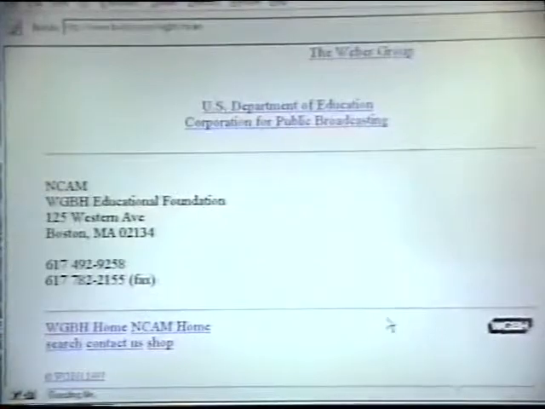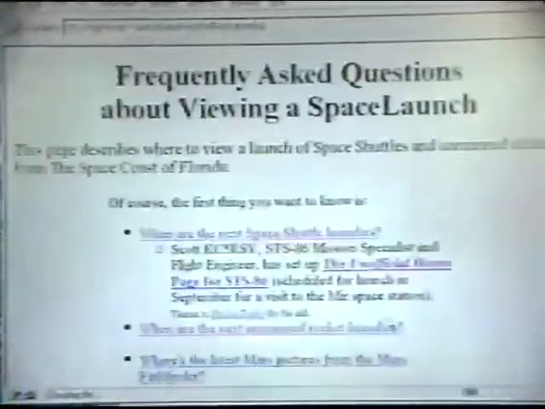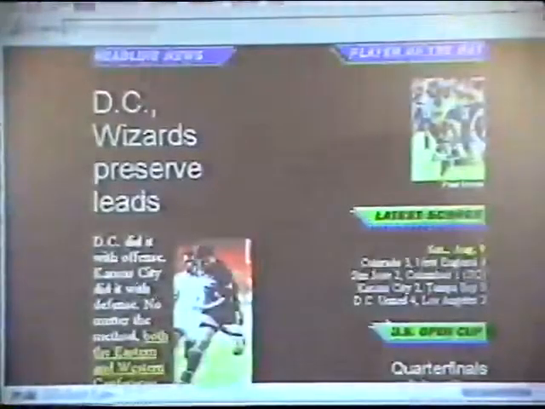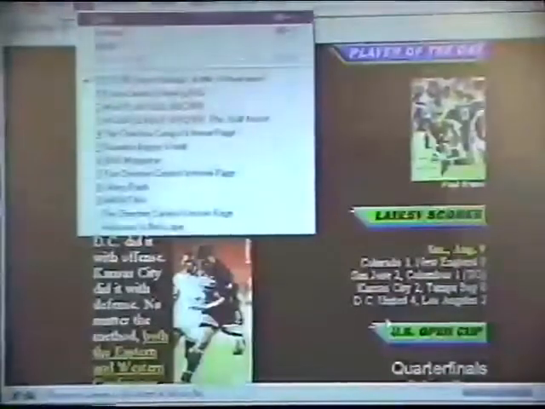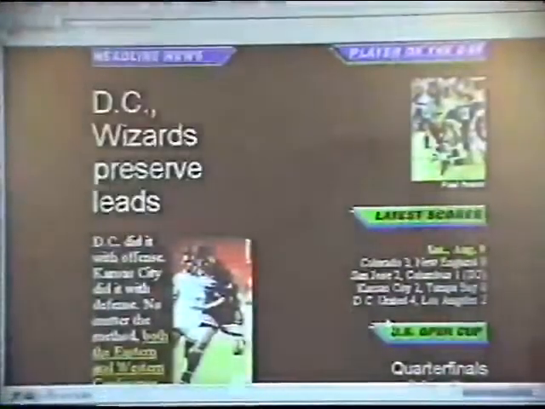Let's see. Nope, don't want that. I want the Alt left arrow to go backwards, and then backwards again. Backwards again. Backwards again. I'm being foolish. I should go Alt G for go, and then I want 4 for the Cheshire Catalyst's homepage. Because what I want you to do